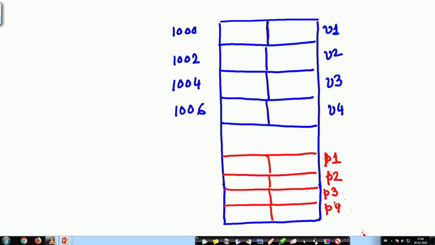I am not bothering about how many locations it is taking. I am not bothering about this division here into 2 bytes, I am just showing those 2 bytes together, that will be easier for me to write.